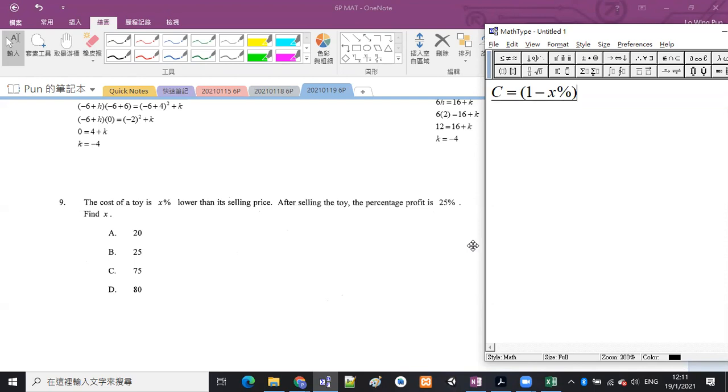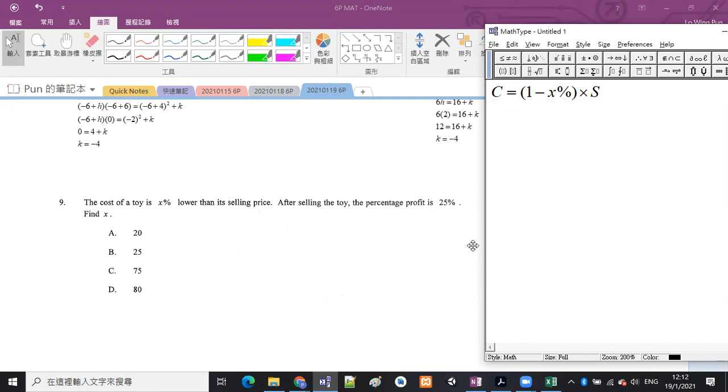But the percentage must be multiplied to something: the thing which is behind the word "than", in this case the selling price. It's a literal translation. Then it says, after selling the toy,